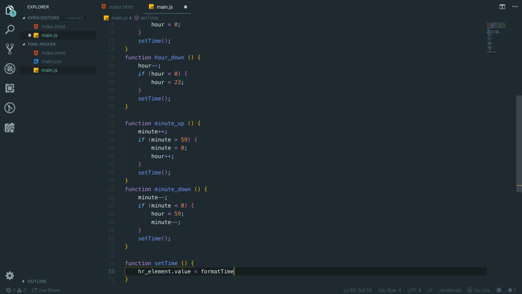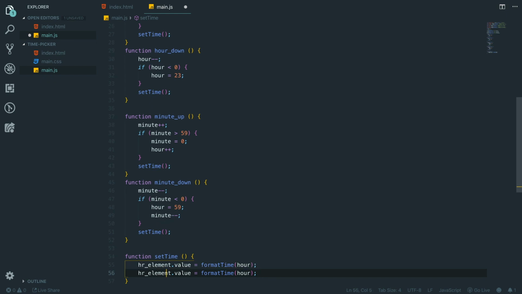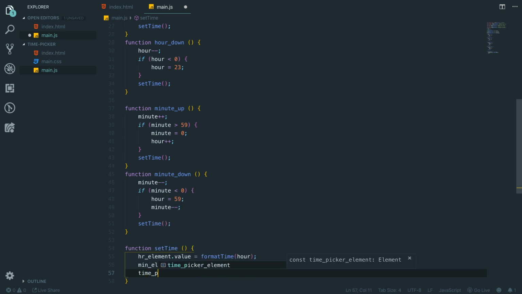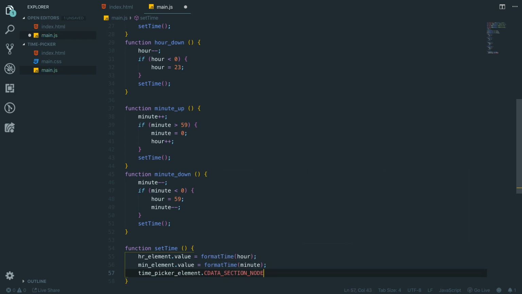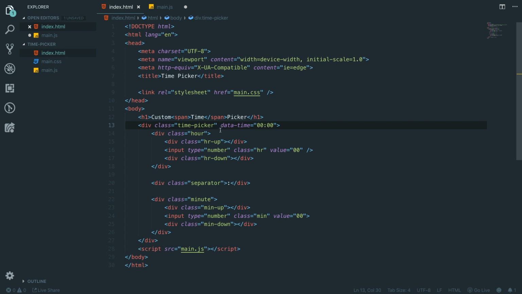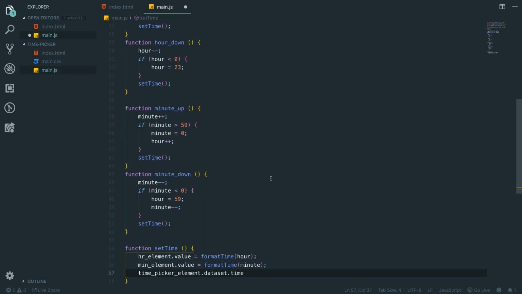a function called format_time, and we're going to pass through the hour. We're going to do the same here. We're going to say min_element is equal to the minute, but formatted. And then we're going to say time_picker_element.dataset.time. Oh, that's not what we asked for. Dataset.time. So we're referring to what we set here, and we're going to set it equal to